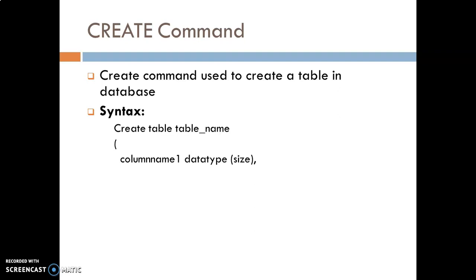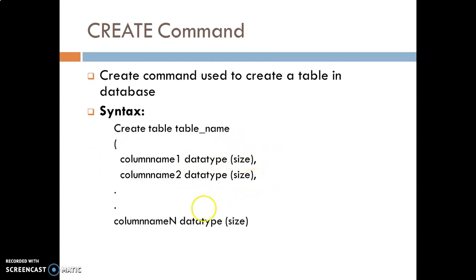First column we have to specify: column name, then the data type of that particular column and its size, comma. Create the second column: name of column, data type and size, comma, up to n number of columns. After the data type and size of the nth column, there is no need to write any comma because no more columns are there. Now complete your rounded bracket and put the semicolon. Semicolon is compulsory after completing a SQL statement.